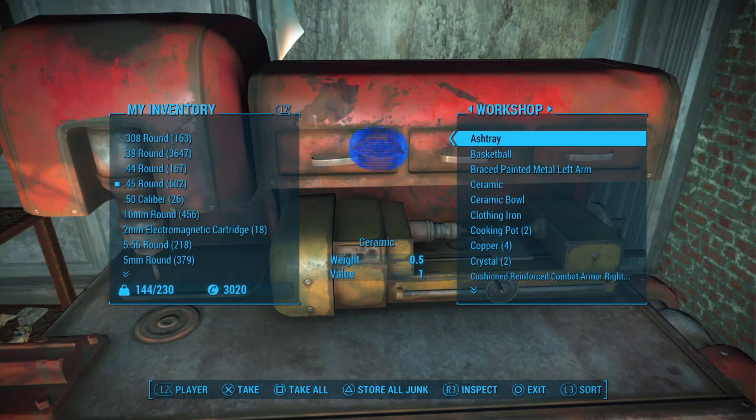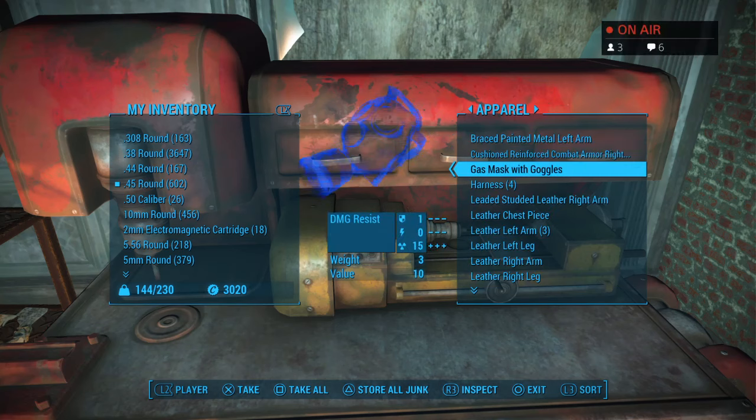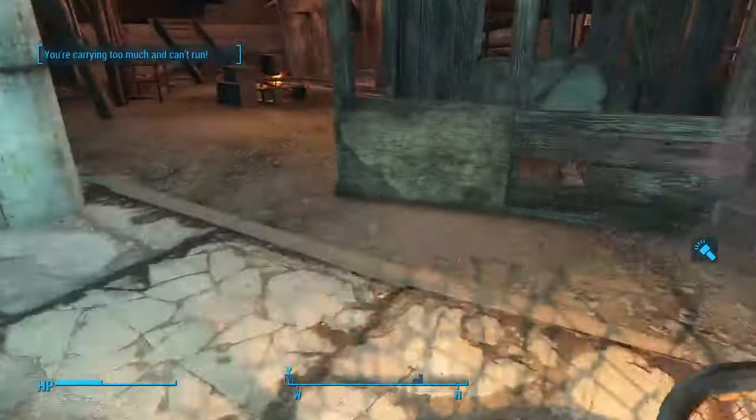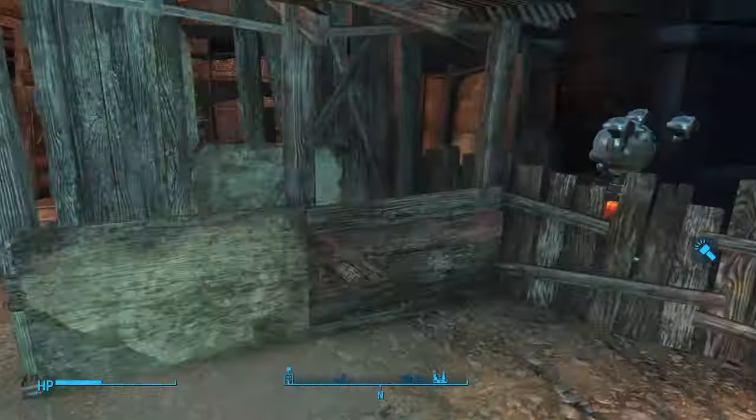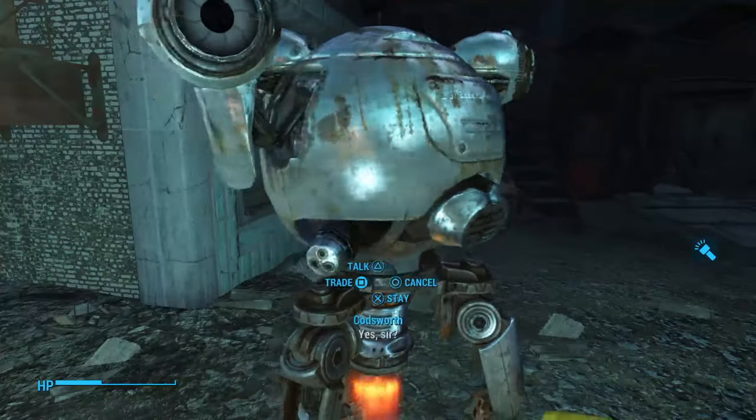Right on, right on. Let's see here. Going to take everything. Really? Over encumbered and Codsworth. Codsworth, you're killing me, bro. You are never where I need you to be. Yeah, I was able to buy...